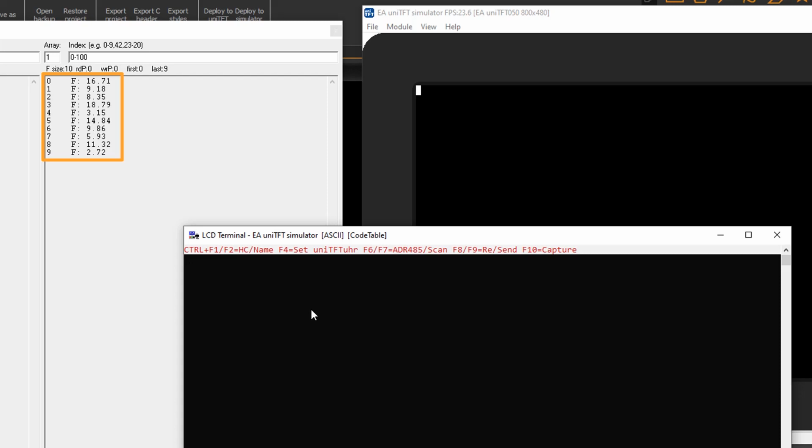With the command VQA, variable quicksort array, the array entries can be sorted. This command only requires the ID of the array as parameter. After pressing the return key, the array is sorted. The value within the array can also be changed. For this purpose, we have 2 commands. I would like to start with the command VAV, variable array value. This command needs the array ID, the index which should be written, and the value. We want to change the entry of the array index 4 to 5.